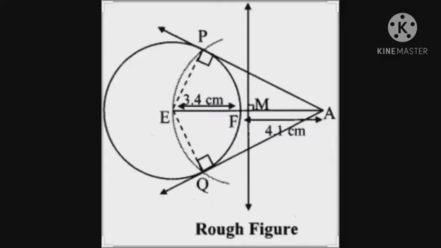I hope you understood all the constructions: construction of a tangent using the center, construction of a tangent without using the center, and construction of a tangent from an exterior point of a circle. Draw all the constructions, solve all the questions. In the next lecture we will start a new lesson, that is trigonometry. So complete your notebook up to lesson number